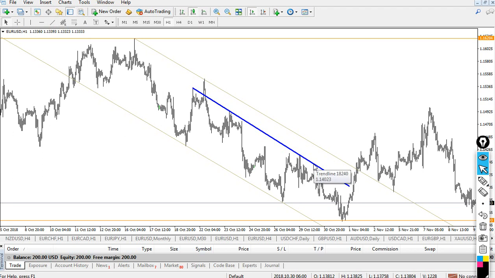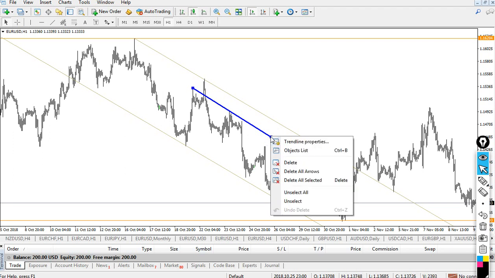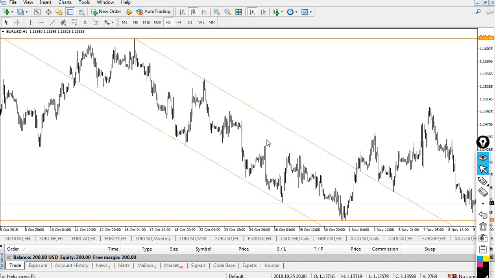But in a channel it's so easy to determine and detect where the market goes, like if the market comes down from this point. So let's suppose that this is your selling point, right? This is your selling point. Now I'm taking a pen. From this point you take a sell, right?